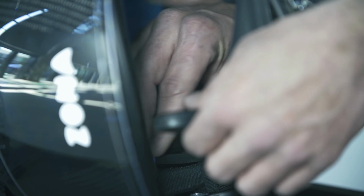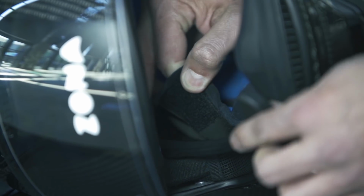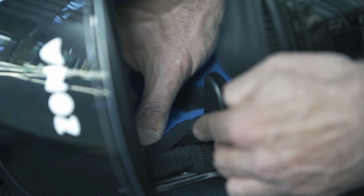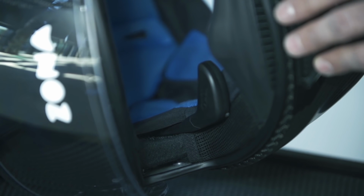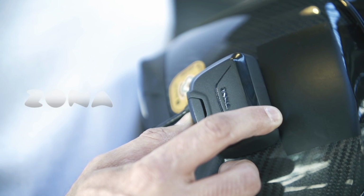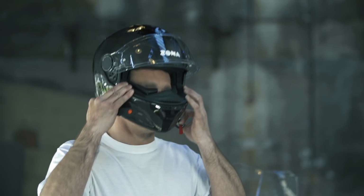With the display now at the front of the helmet, click the cheek pad or any other fittings over if necessary. There are additional Duotech adhesive pads provided should you wish to secure the display in place. Switch on the receiver by briefly pressing the power button. The logo will illuminate. Now put the helmet on